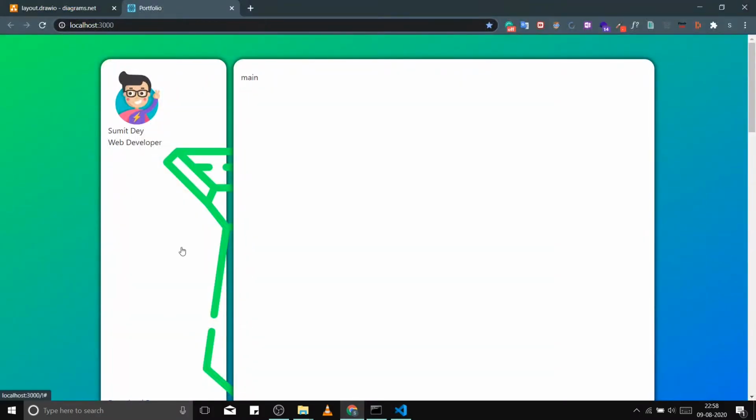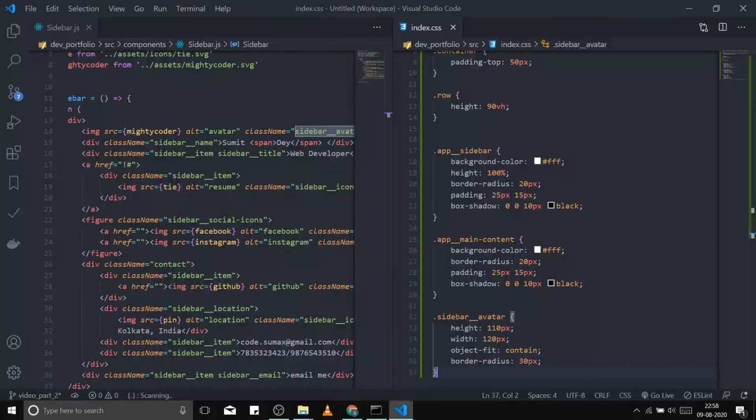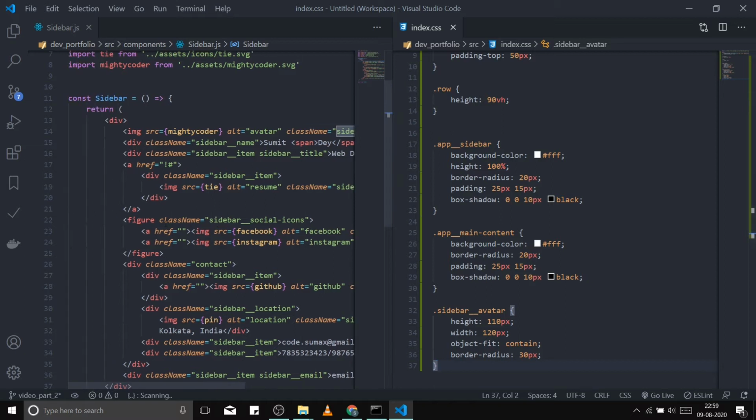Yeah, this is good. And guys, make this text align center. Okay, just make text align center. So for this div, select this div and give it a class name, which is obviously sidebar, and this sidebar